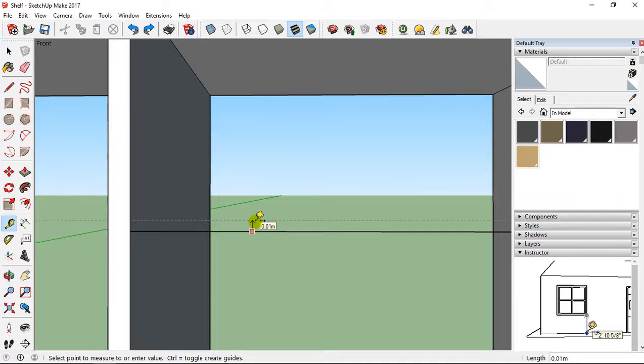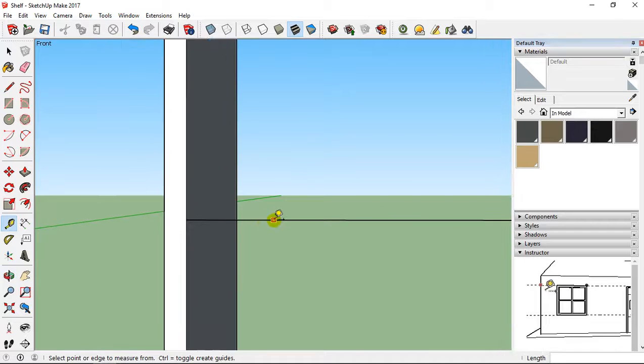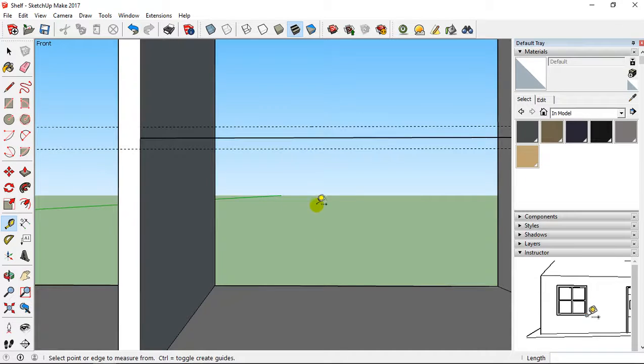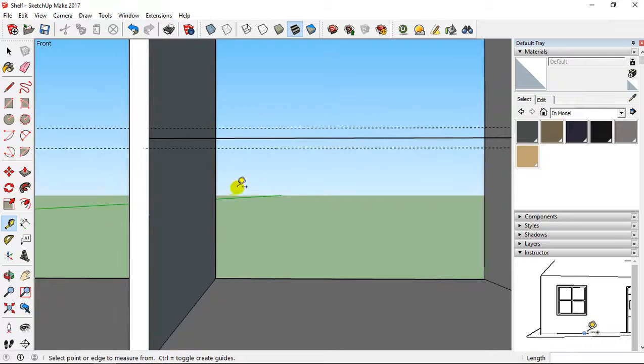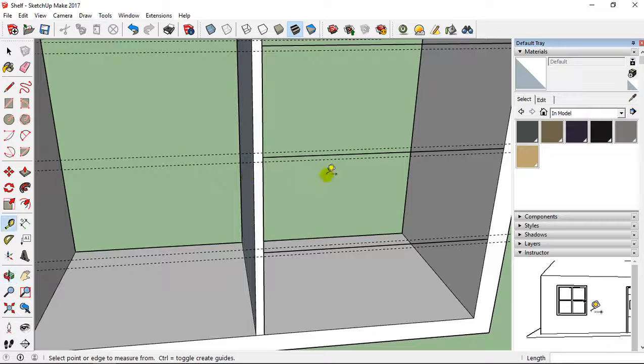So here one guide 1 centimeter, and also here one guide 1 centimeter. Like that I have 2 centimeter. And I'm going to do the same work here. So one guide 1 centimeter and one guide 1 centimeter. Then I'm going to go at this level, one guide 1 centimeter and one guide 1 centimeter. And the positive thing is that at the same time I have also the guide for the left.